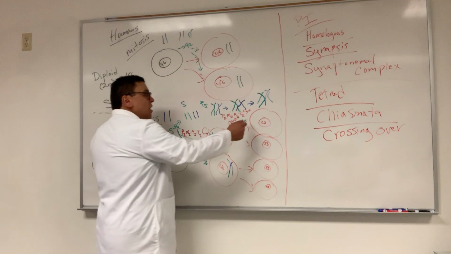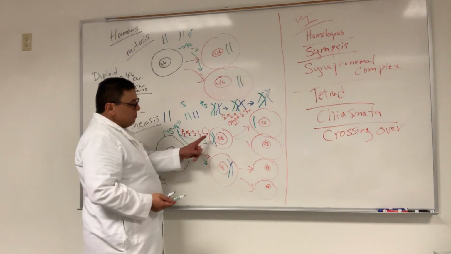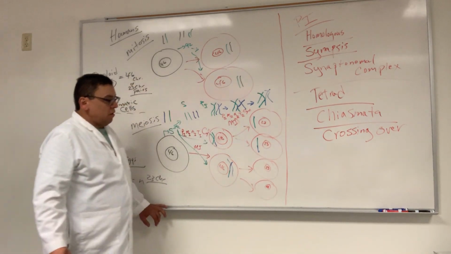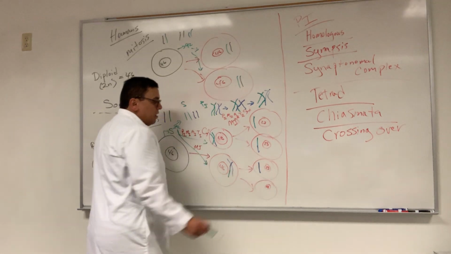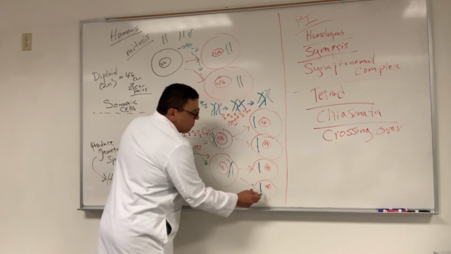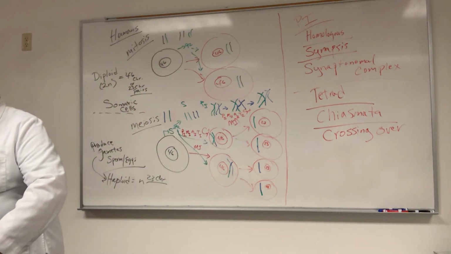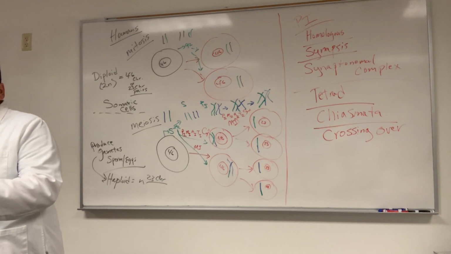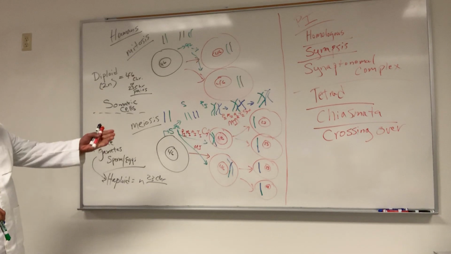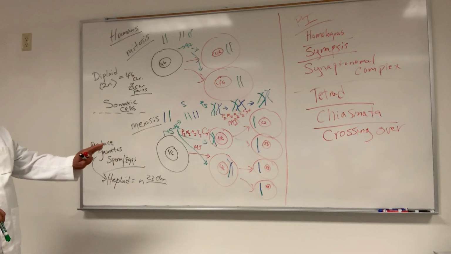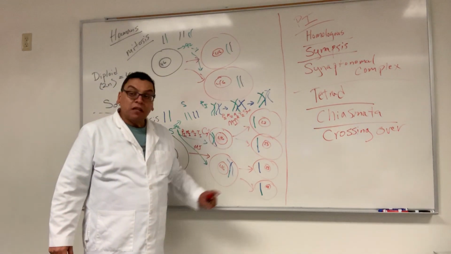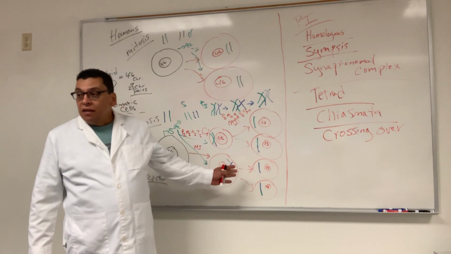So look what's going to happen. You're going to have a full green one coming from this one, and a mostly green, partly blue. Full blue one coming from this one, mostly blue, partly green. Did I prove to you that the 4 haploid cells are different from each other? Actually, they are. At the chromosomal level, at the DNA level, this one is not the same as that one, is not the same as that one, is not the same as that one. Genetic variation.